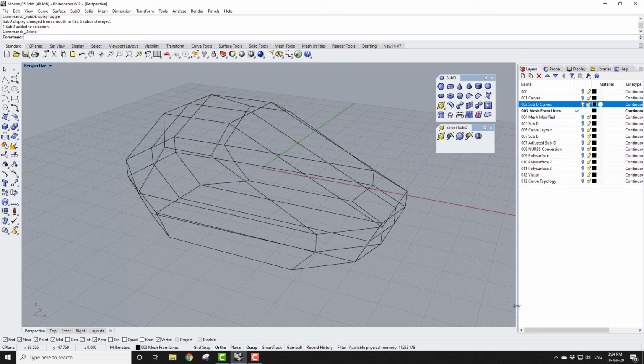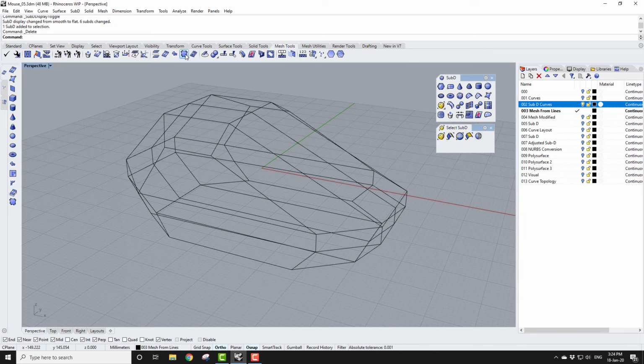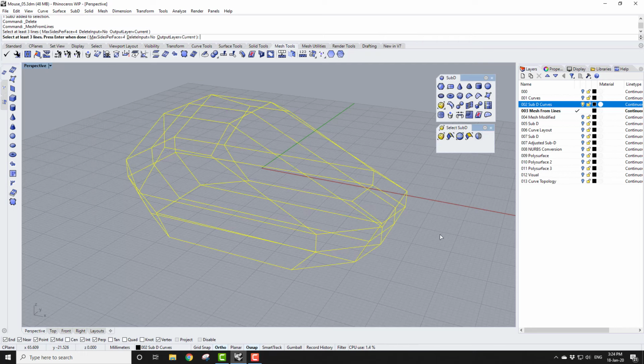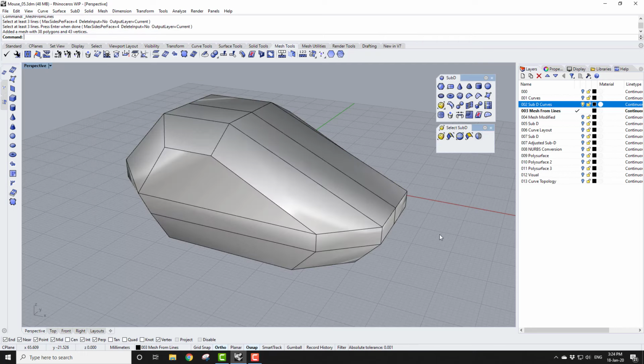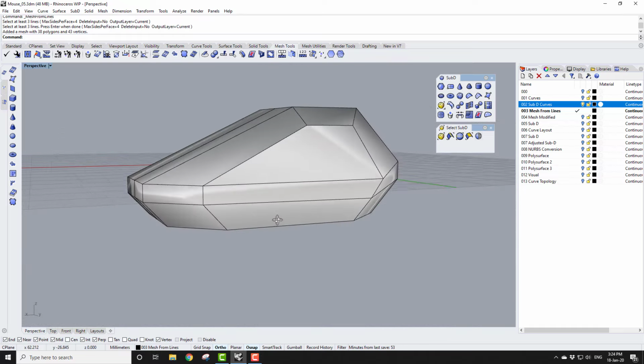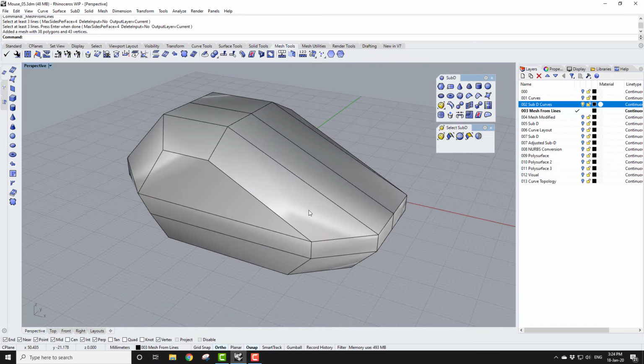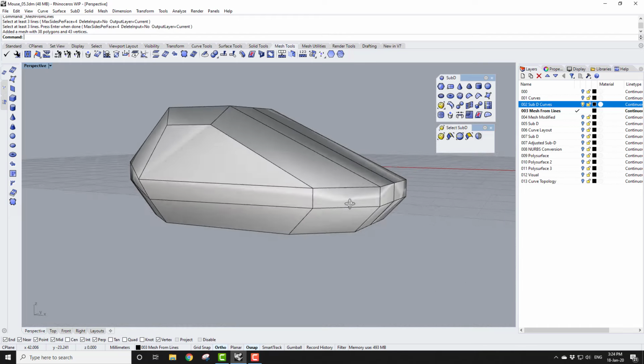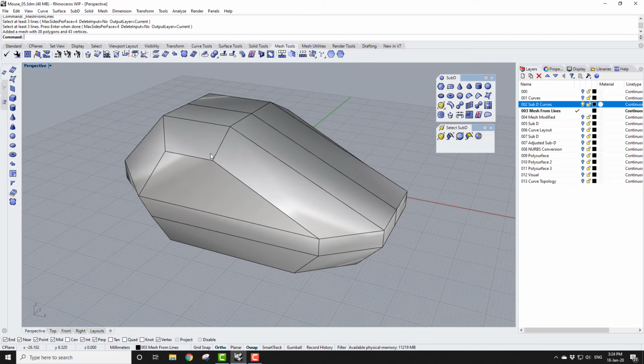my desired shape. Then I can go to my mesh tools and I can use a tool called Mesh from Lines. Here I can set that I want to consider only a maximum of 4 sides per face, and I can select all of these lines in one go and press enter, and I'll have a closed mesh object. Now this closed mesh object will be the same as the boxy version of the SubD that I want